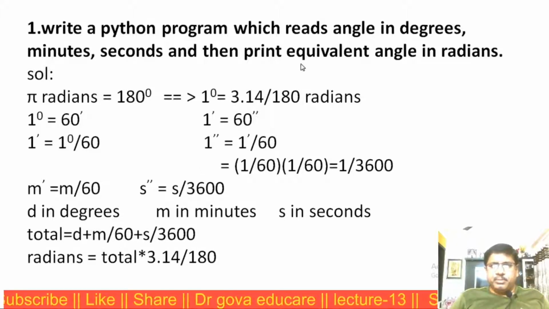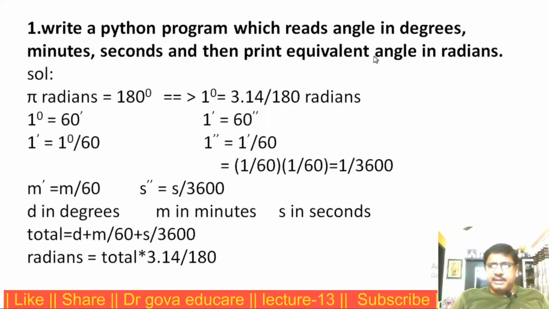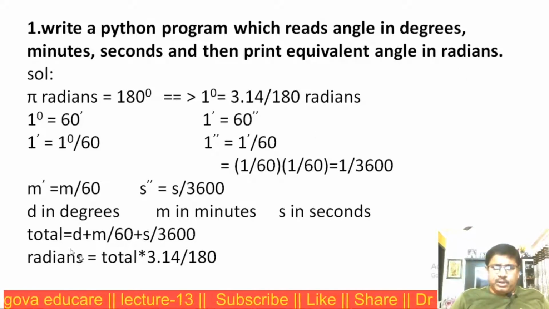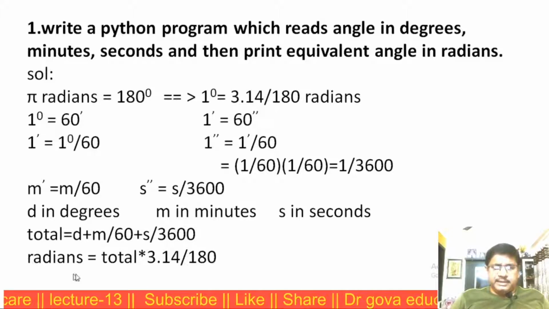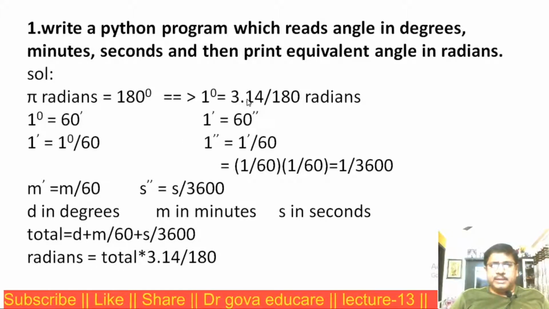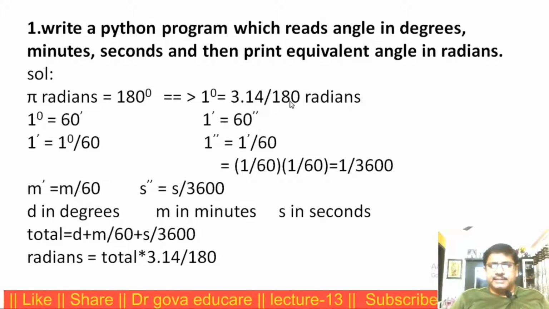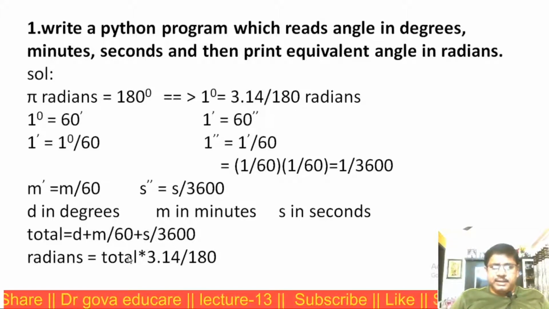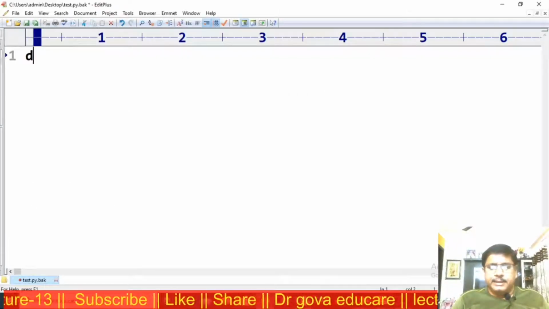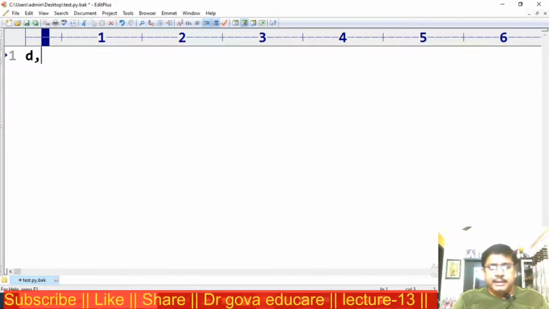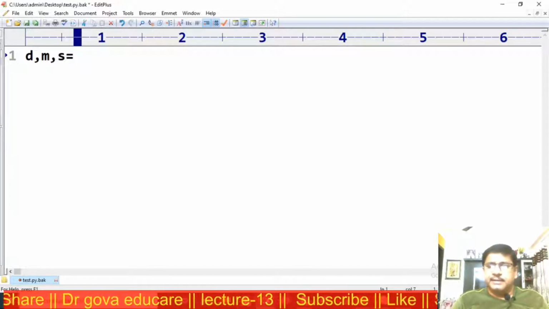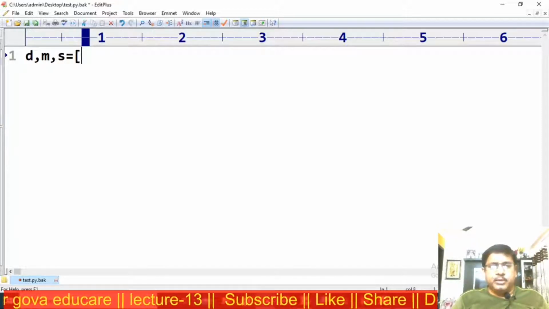Now the program asks for the equivalent angle in radians. I want to convert the degrees into radians: radians is equal to total into 3.14 by 180. We get the angle in radians. d is in degrees, m is in minutes, s is in seconds. Now the input is like this: